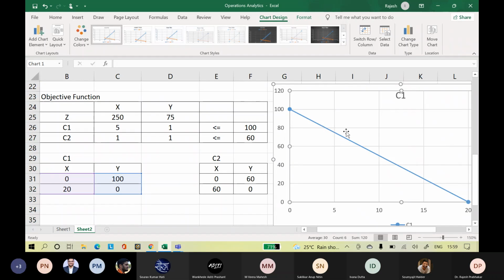Now you got the first line for your first constraint C1. Got it, all of you?